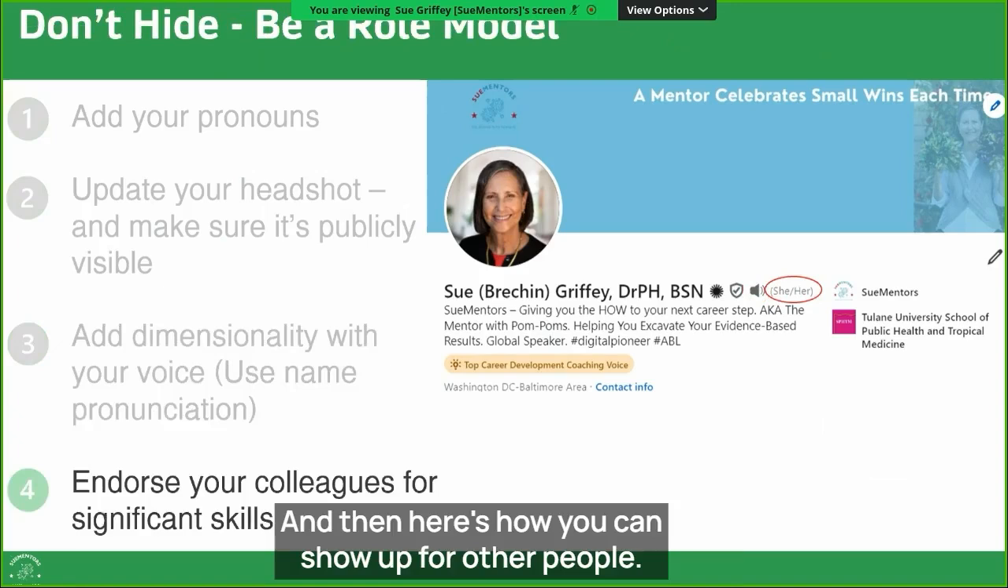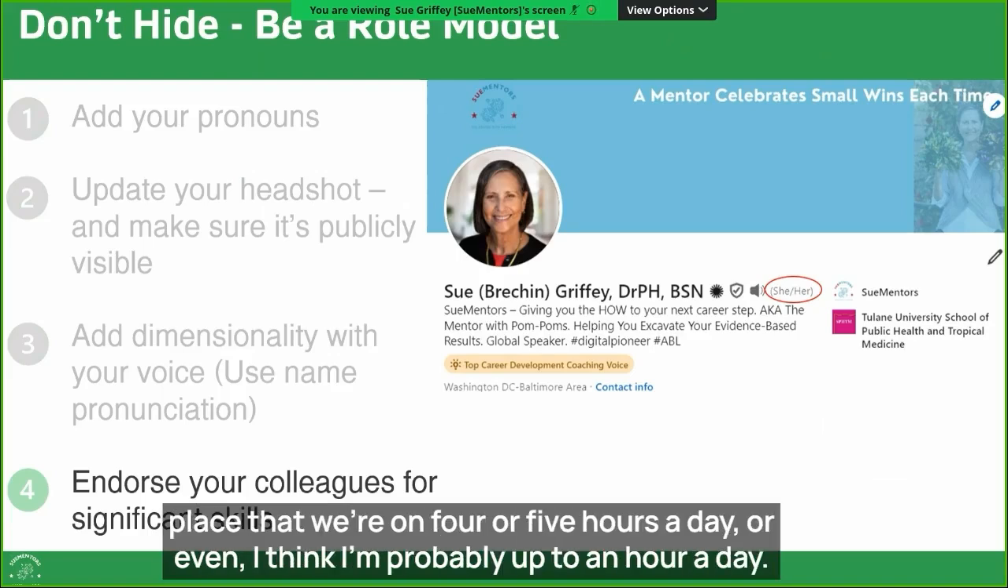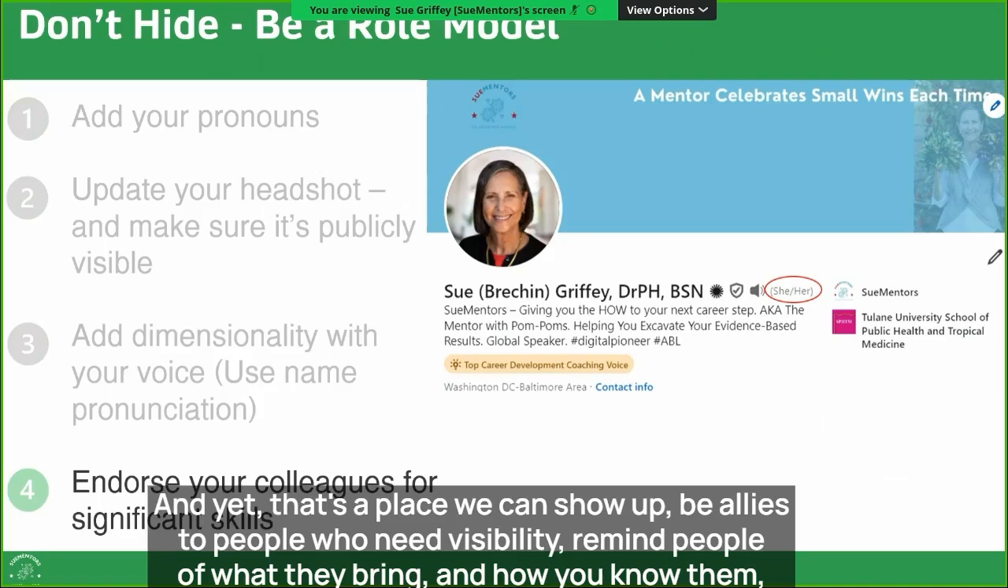And then here's how you can show up for other people. We all are supporting each other as much as we can. And for most of us, LinkedIn is not the place that we're on 4 or 5 hours a day. I think I'm probably there up to an hour a day. And yet that's a place we can show up, be allies to people who need it,